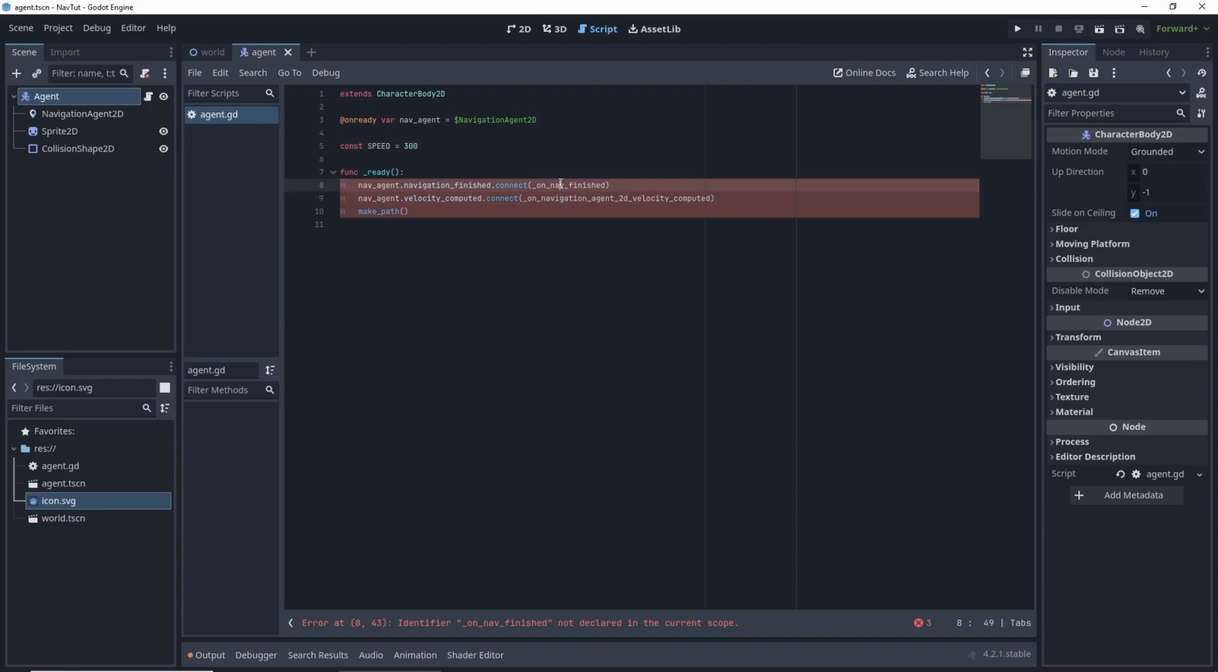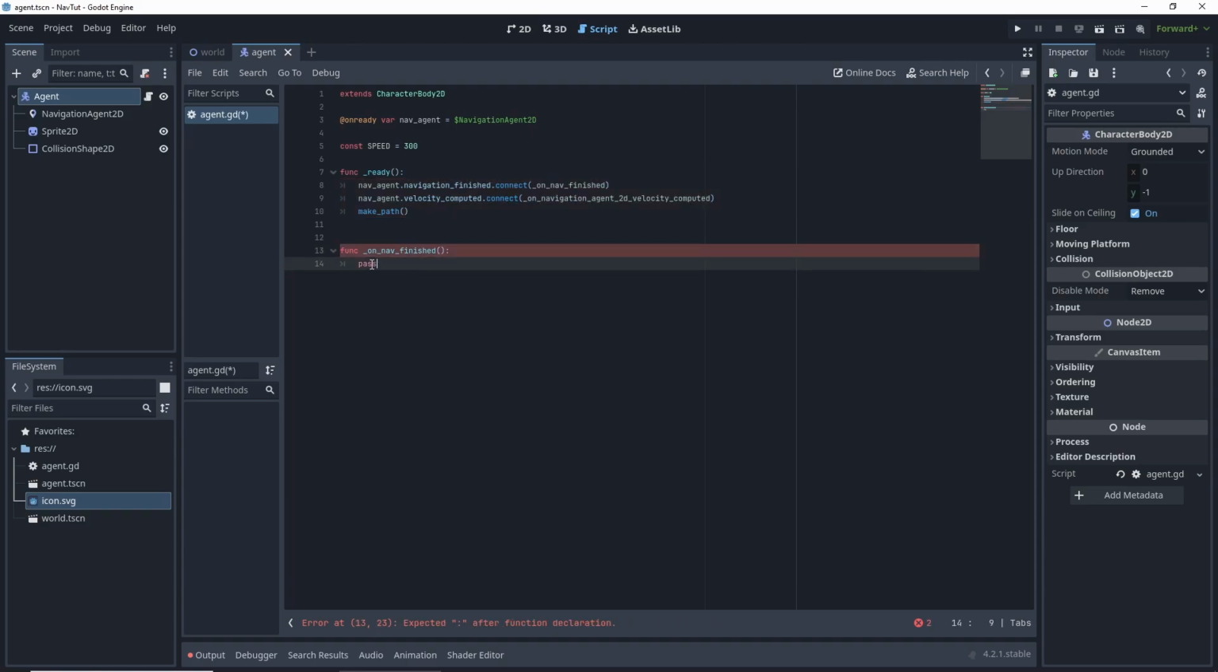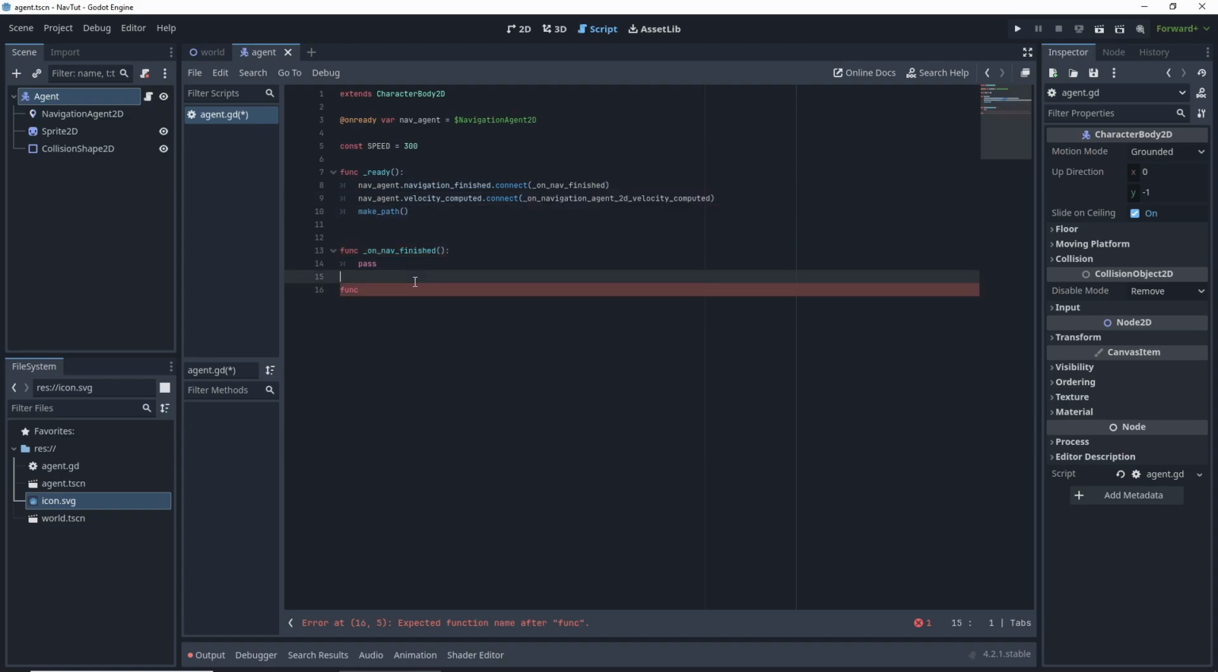And let's go get these functions in our code. Func _on_nav_finished, and we will just do pass, and then func, and then I'll highlight this, copy it, and paste, and I'm just going to put pass on this one as well. Let's look at our code. All right, so this function actually takes what's called safe_velocity. So it's a built-in signal,